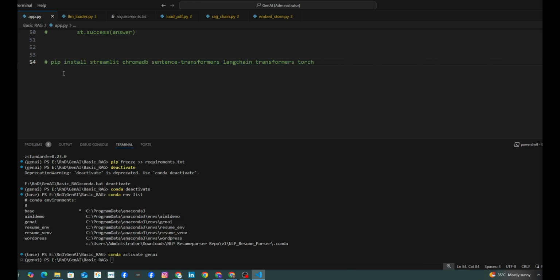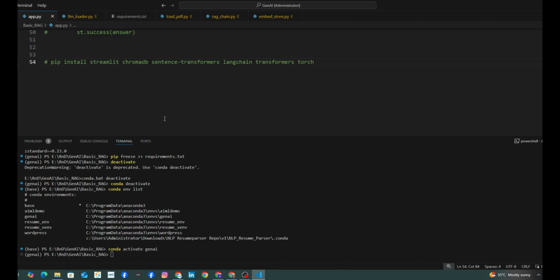If you have a GPU in your system, then this code will run on it. If you don't have a GPU, it will automatically switch to CPU. Right now in my system, it is running on CPU, and we have good RAM in our system, so it's working fine. But with a GPU, the performance will be far better.